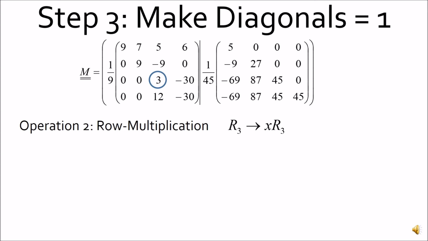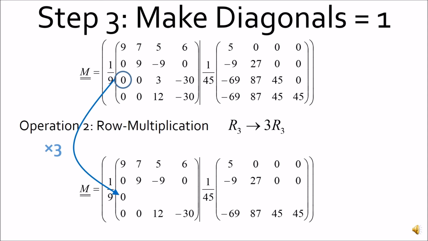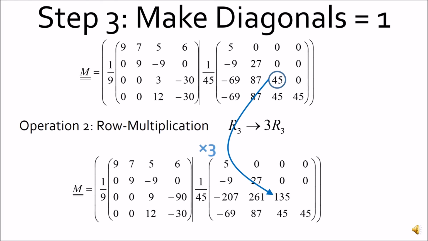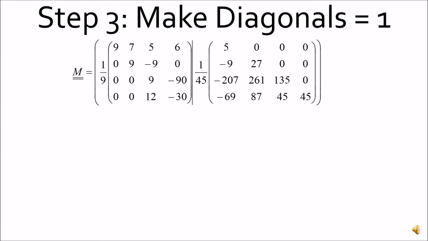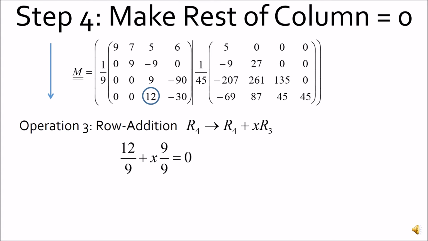So in this case, we have a value of x is equal to 3. If we multiply that row by 3, we will get 9 in the matrix, i.e. 9 over 9 if you include the factor out the front, which is equal to 1 of course. So let's go through this row, times every element by 3, and there we go, we get a 9 in position. Okay, and then as before, we have to take all the positions below in the same column,